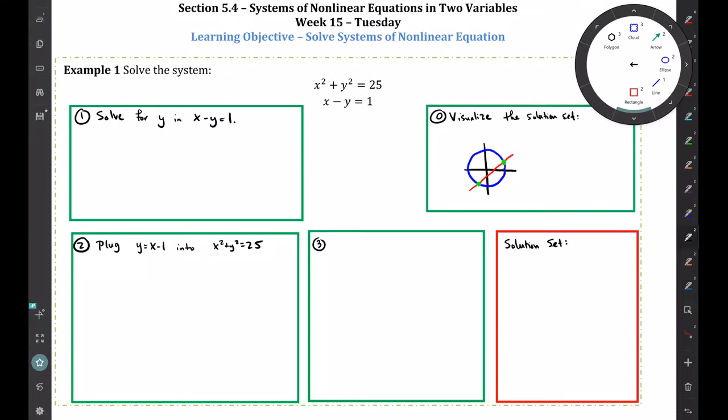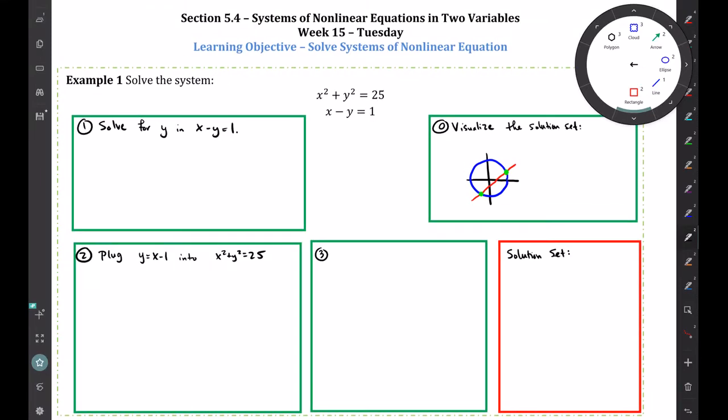Okay, today we're going to look at how to solve systems of equations in two variables where some of the equations are nonlinear. That just means that the powers of the variables are greater than 1. So like in this first example, it says solve the system x squared plus y squared equals 25 and x